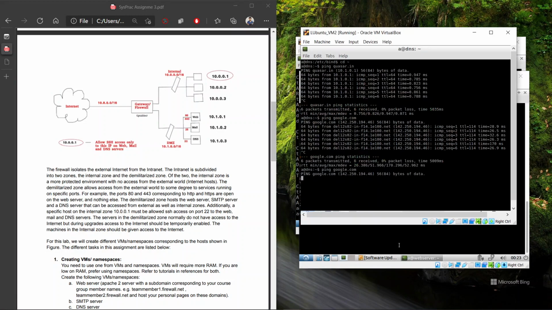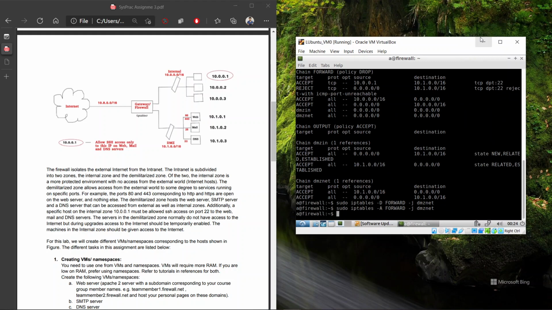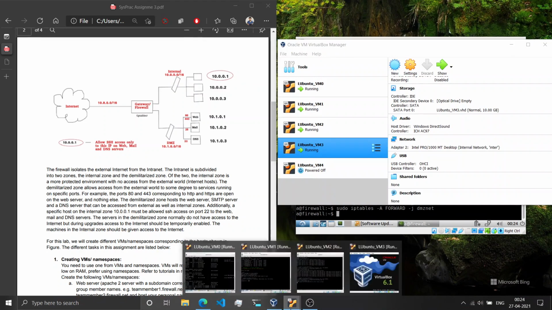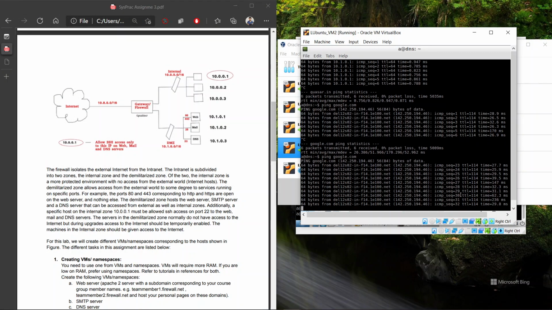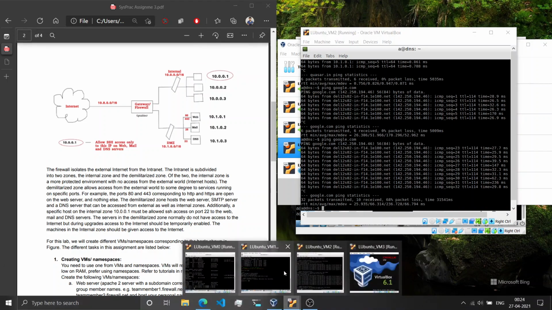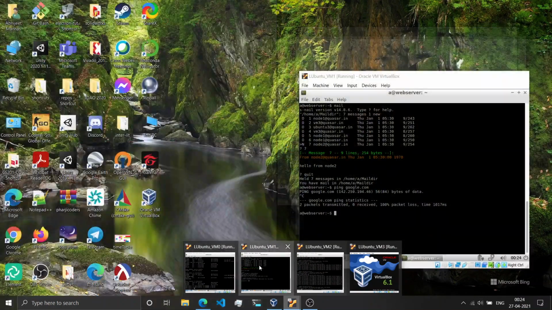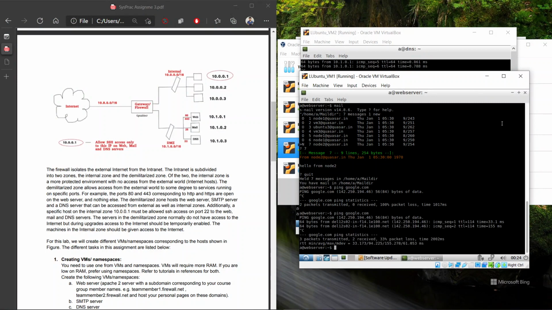And if we want to add it again, we could do the same thing. We add the rule, and then let us see whether the ping is working or not. So ping works again. This was the working of iptables. Before, it was 100% packet loss, and now ping also works here.